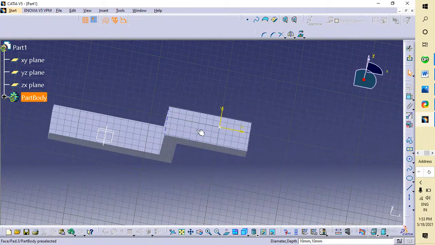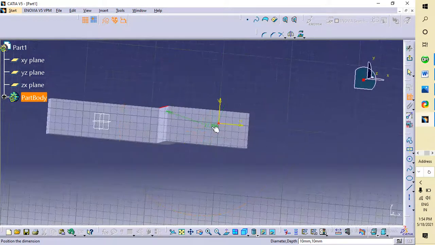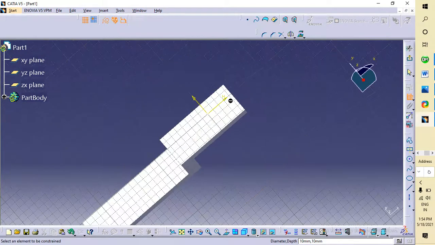Here it is 75. Okay, I am going to select this one, this one. Okay, it selects this vertical path, so I have to constant select this one. Okay, what happened? Sorry for the trouble.